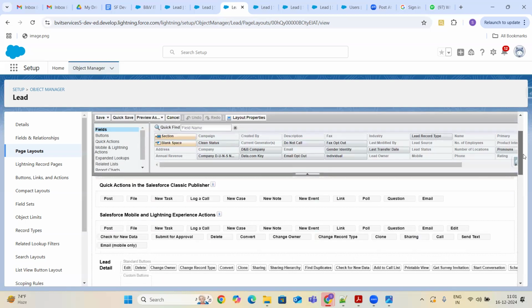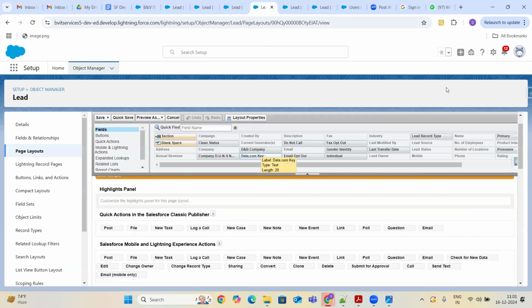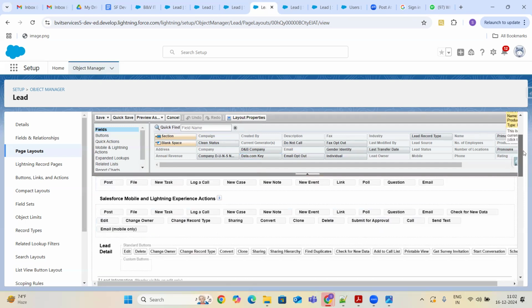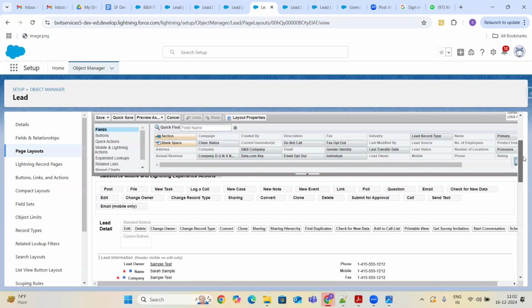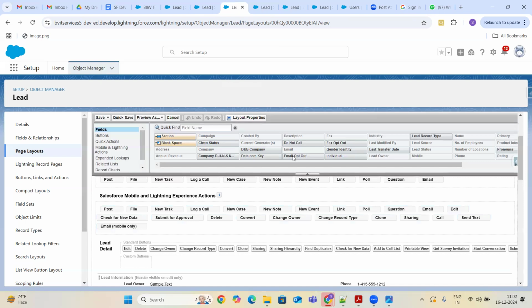And then we will just see the Lightning experience actions. It's almost the same. Get survey invitation, start conversations.